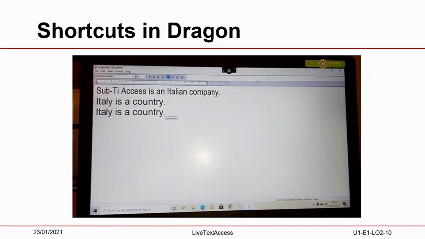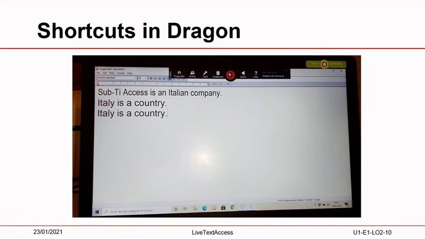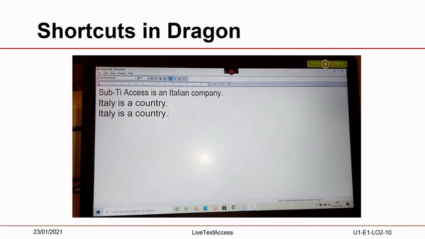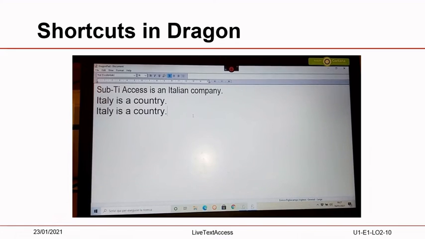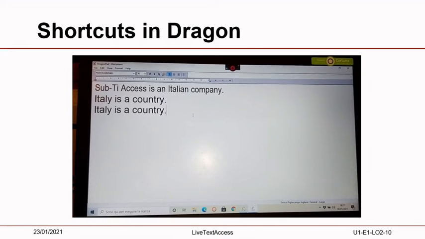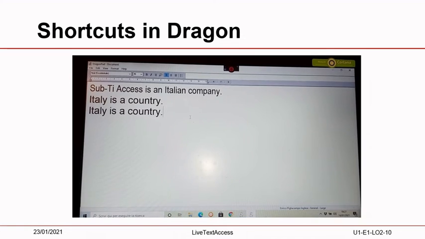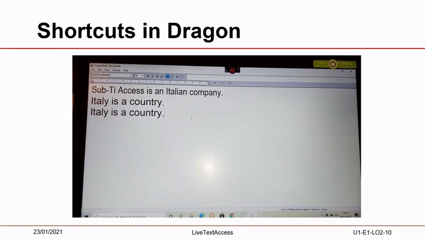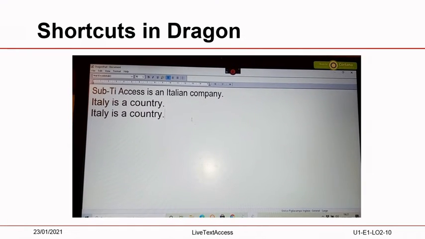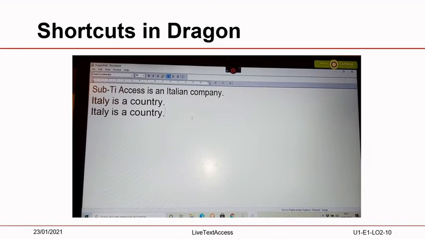This is just a simple example of how vocal shortcuts work. It is a very interesting feature of speech-to-text software. I suggest that you create your own list of shortcuts, the ones you use the most, and use them as much as possible so that it becomes automatic and you do not have to think about which one to use.